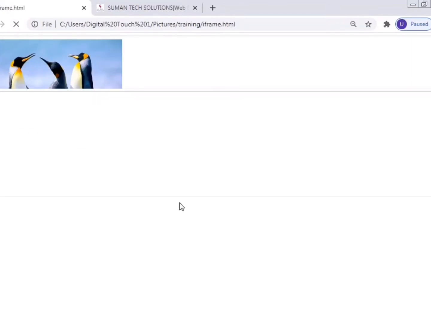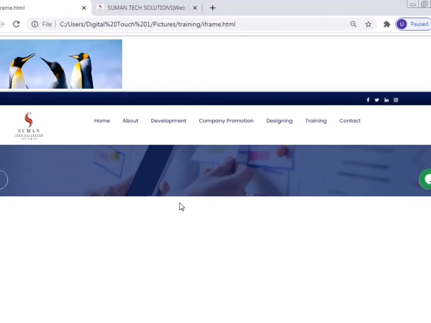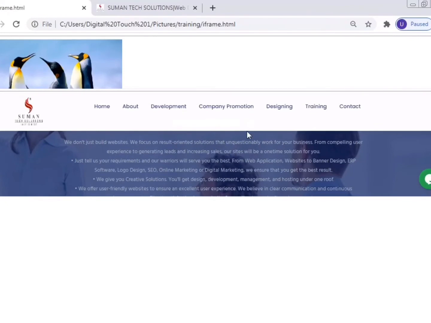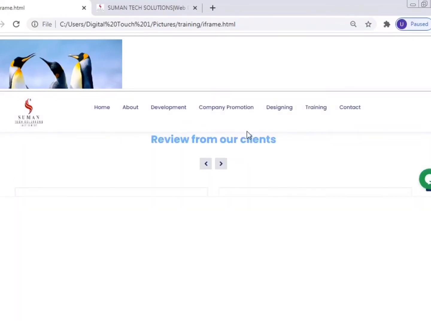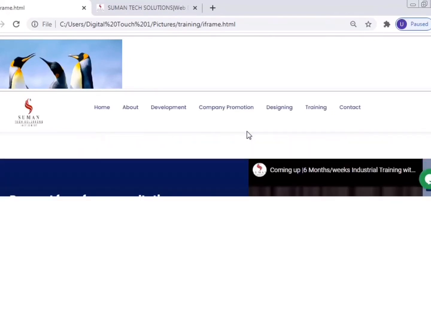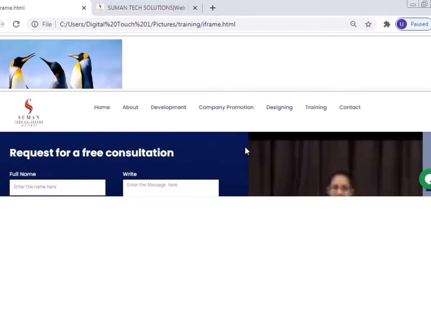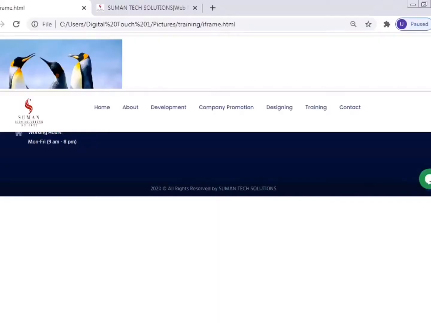Save the file, open the URL page, refresh the page, and you can see the page here with 100% width and some height specified, and the full website is scrolling in this iframe, generated from the URL that is copied from Google.